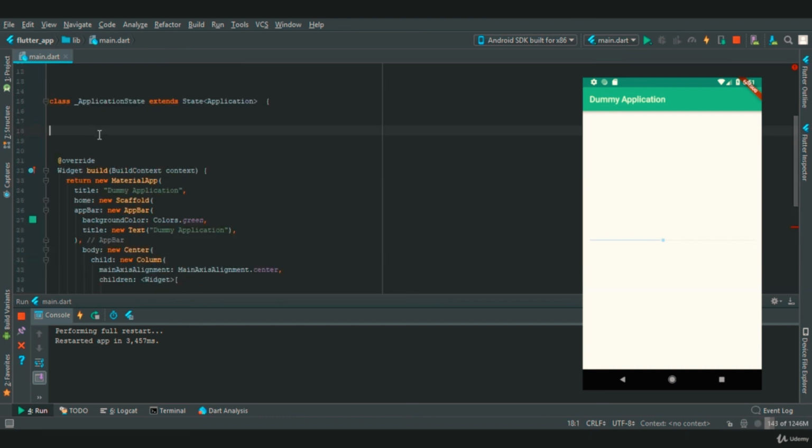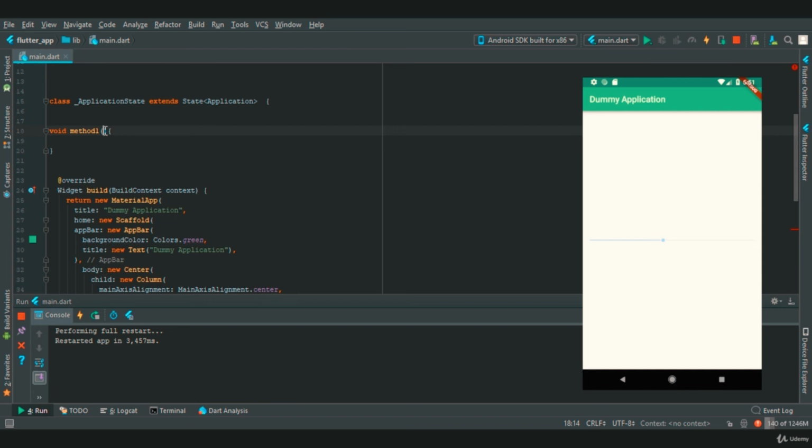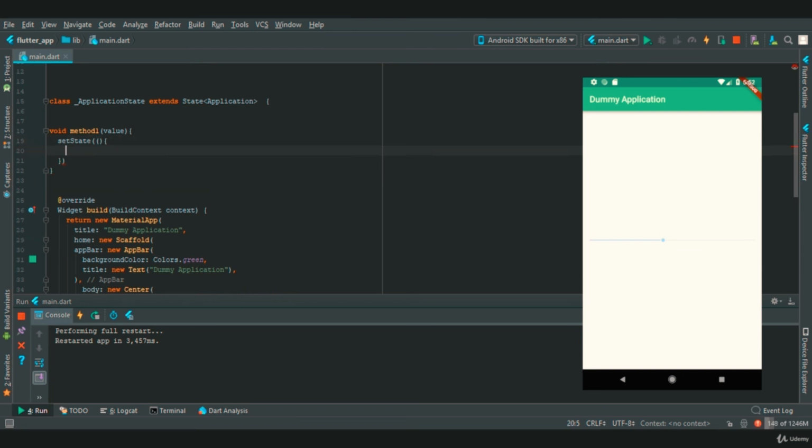So let's create a method1, void method1. This will have a parameter called value, and we will set state, and in this we will type dtext is equal to value.